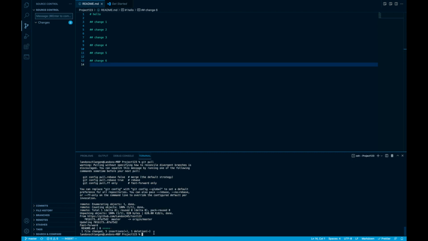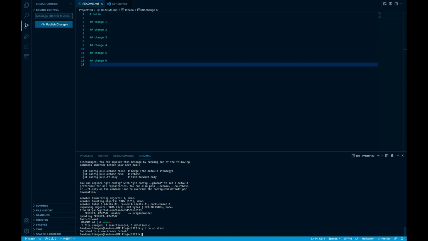Next thing I want to do is show you how to use git stash and git pop. So let's make a new branch, git checkout -b, and we'll call it stash. So there we go, this is our new branch, and let's say we're making changes on this branch, and we make a couple more changes. So change, this is kind of stupid, but I'll do change 7 and change 8, and let's say I get rid of 4 and 5,